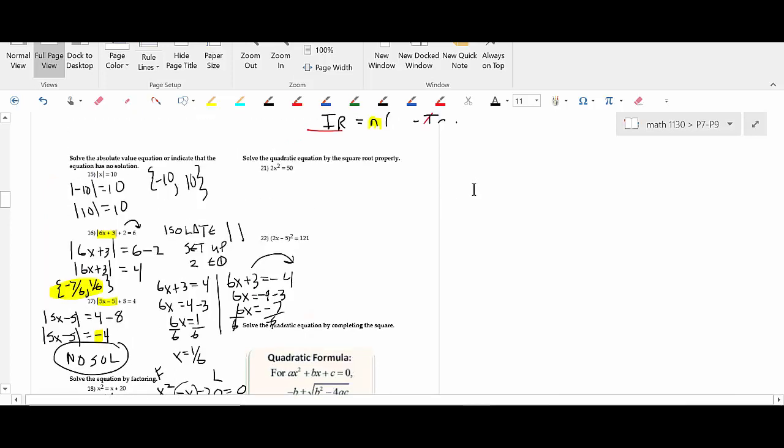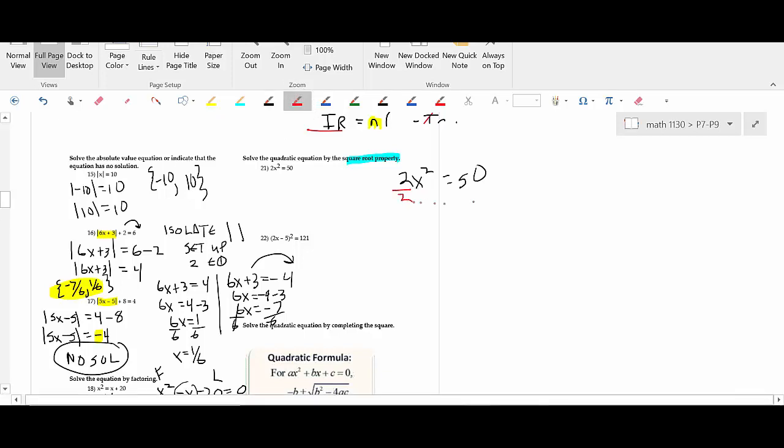Okay, so let's go to what we call the square root property. This is something I want to review real quickly. And I want to do these two problems. Okay, now this problem right here, you could solve it by factoring. You could get one side equals 0, and you could do that. Okay, but it's better if you do this. See, you can get this x by itself, can't you? So if you can get x squared by itself, then you can do the square root of both sides, because what's the square root of anything squared? It's itself, right? So the best way to do this problem, the simplest way, at least, is to go through and divide by 2,